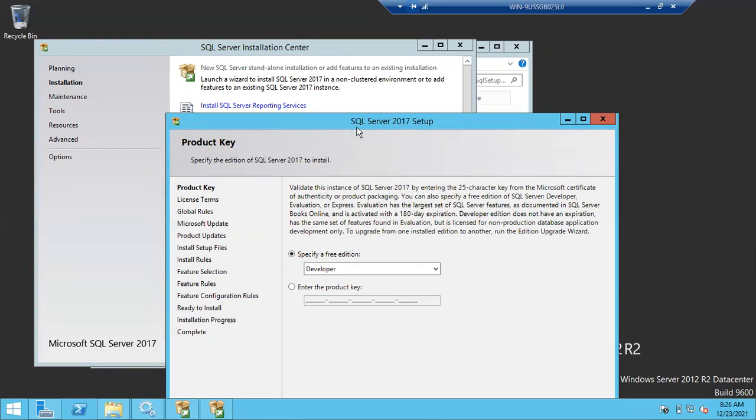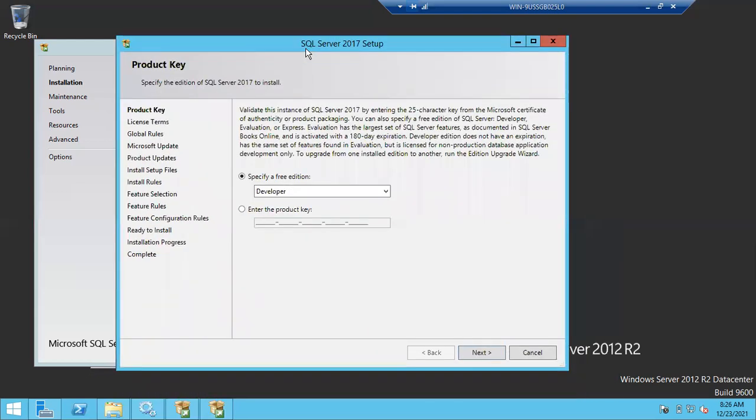Okay, right. You are going to install developer edition, right? In developer edition, all features are unlocked. There are no limitations, especially in terms of features, not in terms of hardware, software and all. In terms of features, all the features are unlocked in the developer edition. You can happily use it. There are no different features other than this developer edition in the enterprise edition, most of the features are same. So make sure you are installing a free edition, which is developer edition. If you want, you can still install these two free editions, evaluation and express edition. If I want to install express edition, choose express edition here. If I want to install evaluation, choose evaluation. But express and evaluation have a lot of limitations.